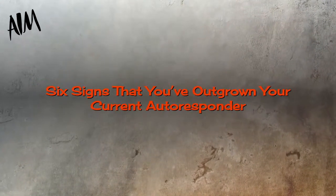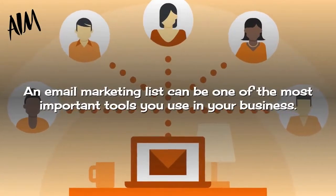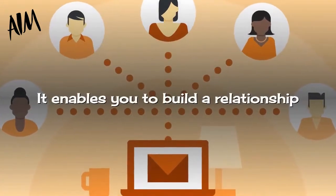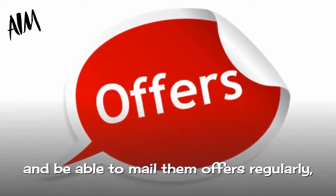6 signs that you've outgrown your current autoresponder. An email marketing list can be one of the most important tools you use in your business. It enables you to build a relationship with your target audience and be able to mail them offers regularly for